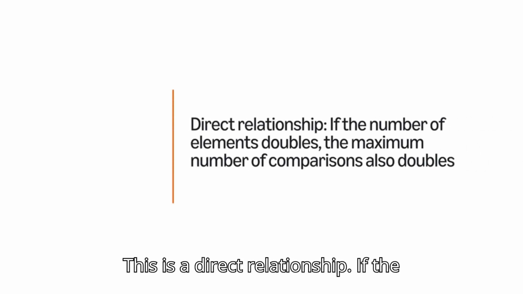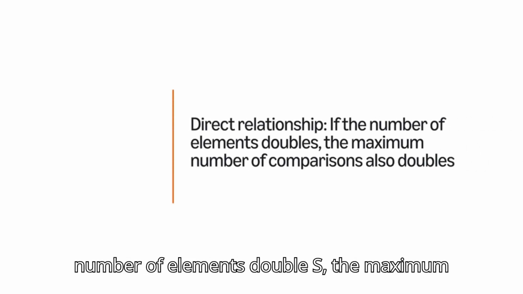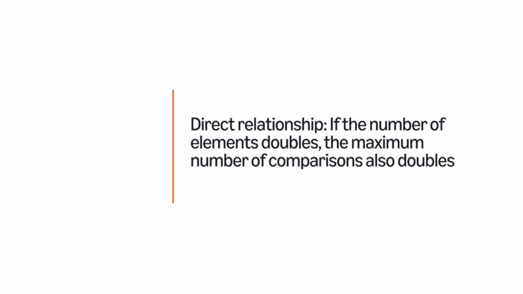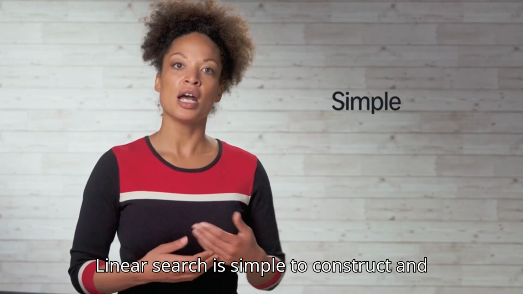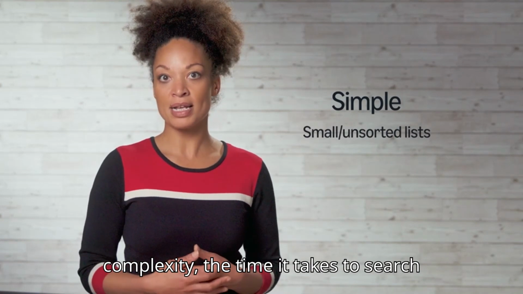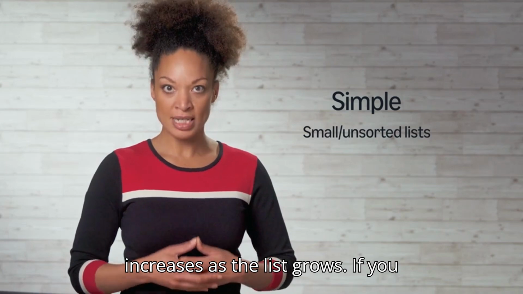This is a direct relationship. If the number of elements doubles, the maximum number of comparisons also doubles. Linear search is simple to construct and works well with small or unsorted lists. But because it has an O of n time complexity, the time it takes to search increases as the list